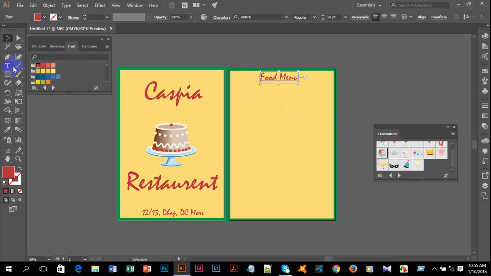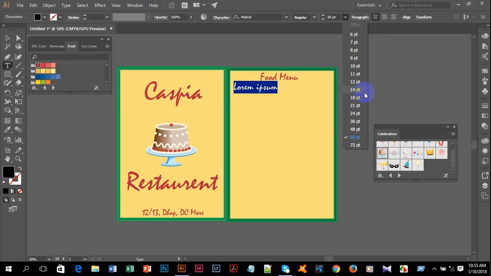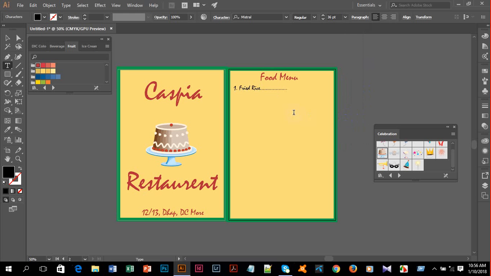After that, again I'll take the text tool and left click here, then I'll increase the point size to 36 and write down 1, and the food name, fried rice, and I'll put a dot here, 80 taka, and then I'll press enter.